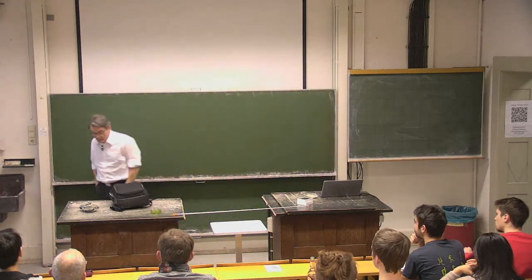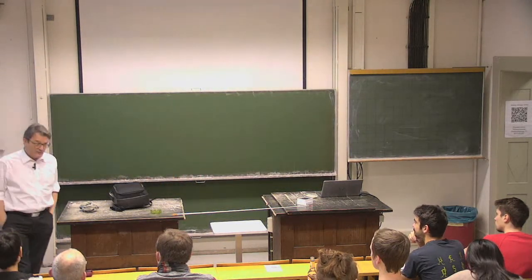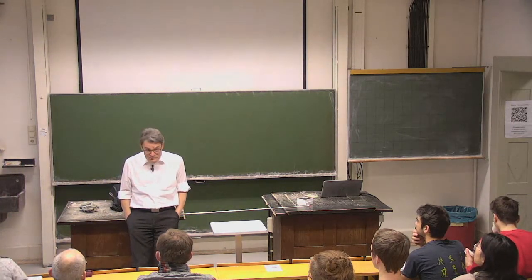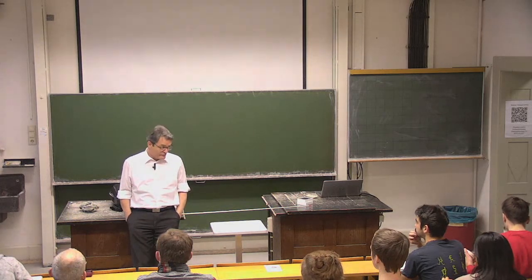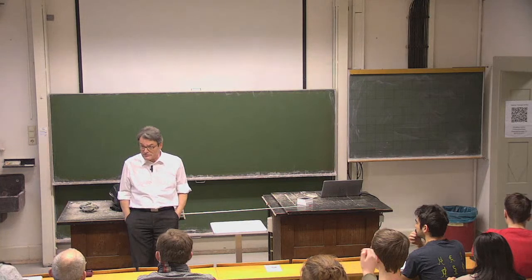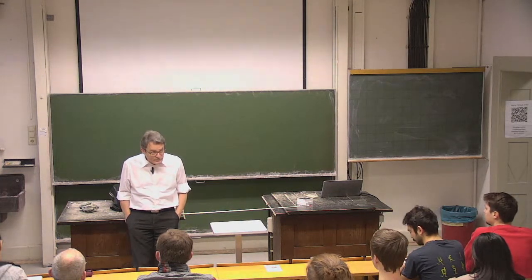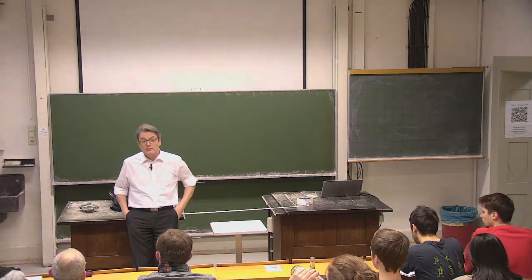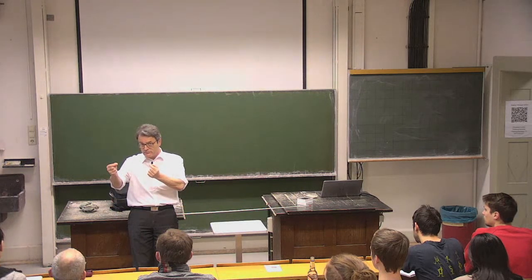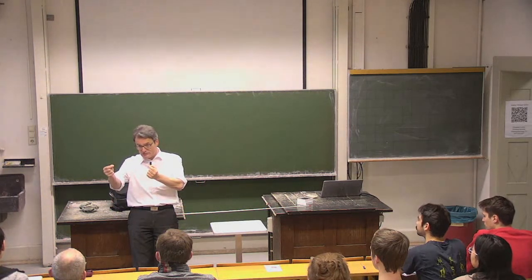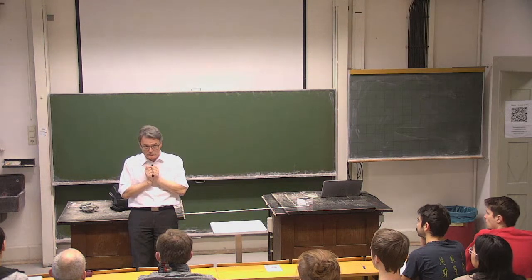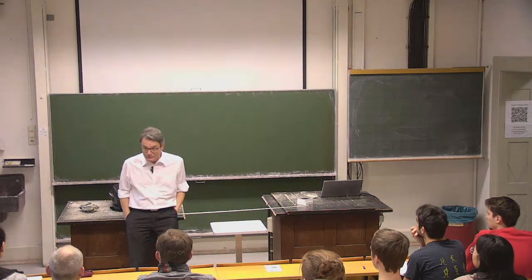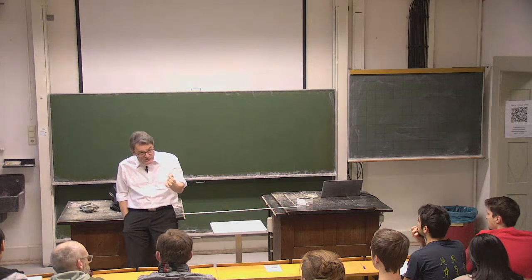So today I wanted to speak about what we call the mean field approximation. The mean field approximation is, of course, no invention by us, but it's very well known in other fields, for example, in solid state physics and statistical physics, and so on. What does it mean? So far we have treated the interaction between particles such that we take every pairwise gravitational interaction between any pair of particles into account. Well, this is certainly the best thing you can do. However, if you have a very large number of particles,